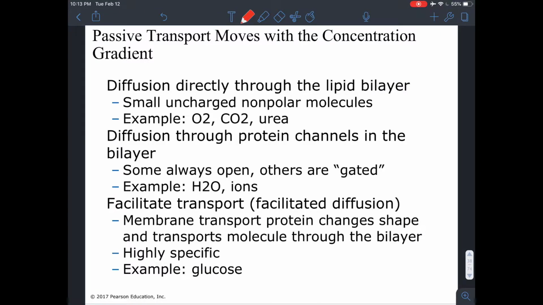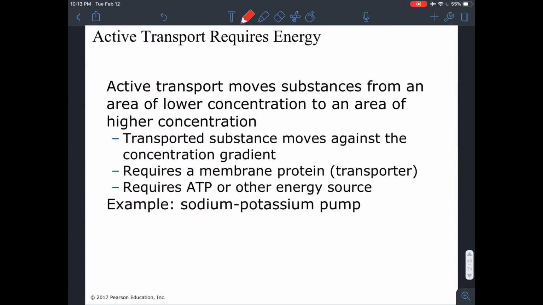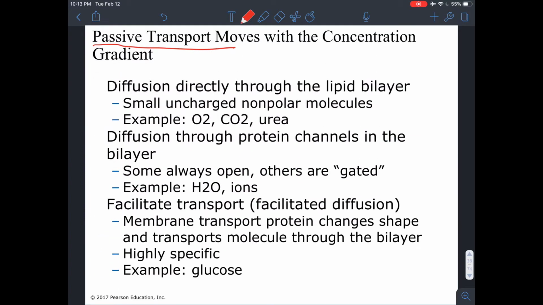Okay, so here is where we left off on Monday. We were talking about transport across the cellular membrane, and we discussed that there were two general categories of transport. There was passive transport, which we see here, and then we also were looking at what we called active transport. Now, the major difference between the two categories is that passive transport, as we said, you will recall, does not